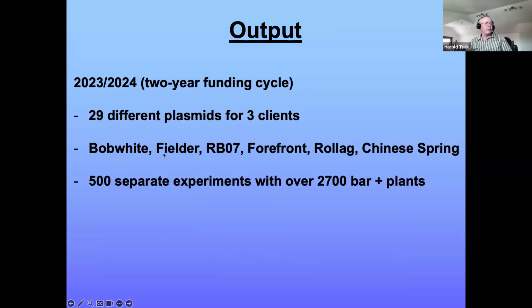This is Bob White, Fielder, RBO 7, Forefront, Rolog, Chinese Spring. These are all spring varieties, but we have some capabilities of putting it into winter varieties if people want. With these, we had over 500 separate experiments with over 2,700 bar positive plants put out. So that's a fairly sizable amount of material that we've put out for the